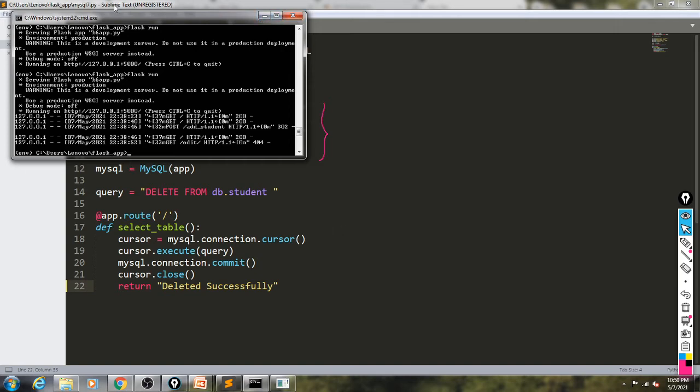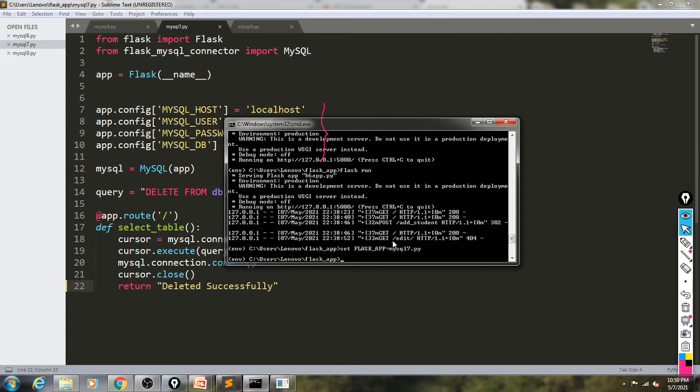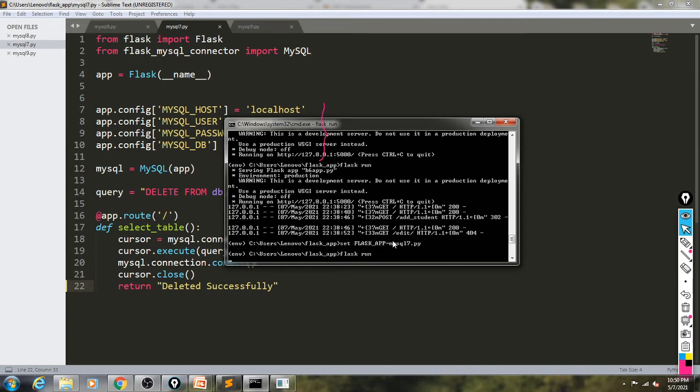Okay, so execute this Flask script, minimize this one. So right here, what is the name of this Flask script? MySQL 7.py. So set this one as Flask app is equal to MySQL 7.py. Okay, so this is the script which we want to execute. Then Flask run, enter.